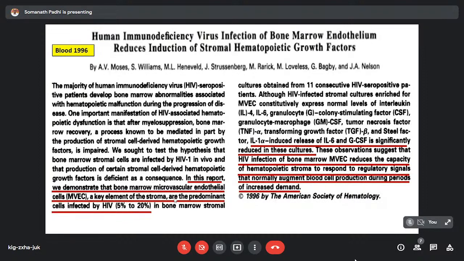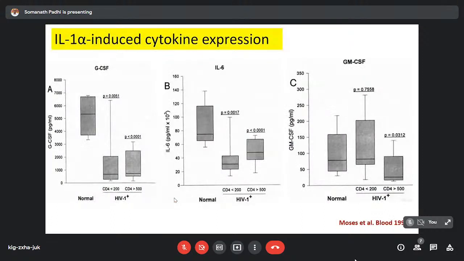Even if they express all these markers of certain cytokines, there was a defect in the regulatory mechanism, for which these cells could not release the important growth factor necessary for normal hematopoietic cell maturation and development. And as you can see in this diagram, this is what is